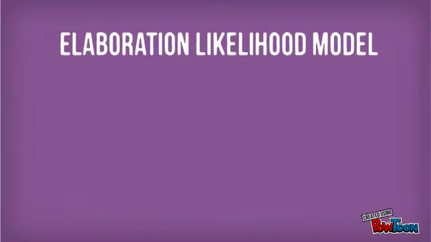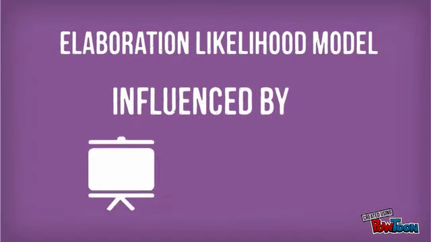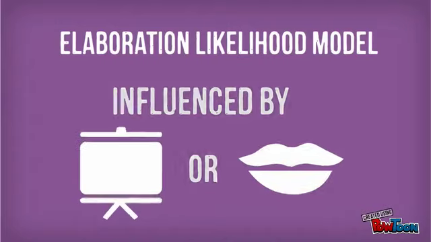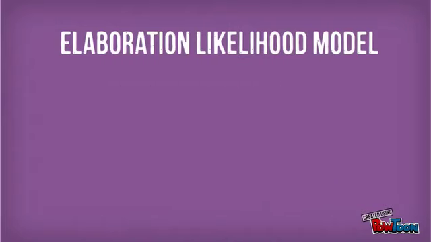The elaboration likelihood model defines when people are more likely to be influenced by either the message's content or the superficial signs surrounding the message. Looking at this model helps to explain how attitudes are formed and changed. Effectively understanding this theory will guide you in creating a message that persuades an audience in 2 ways. Each individual in an audience can follow 2 paths to persuasion.